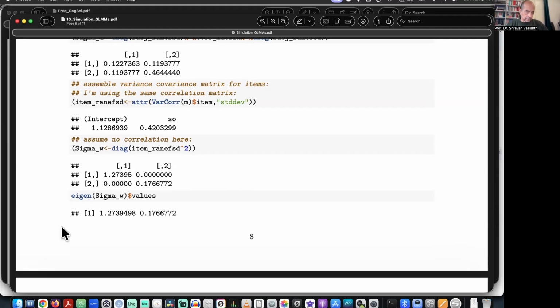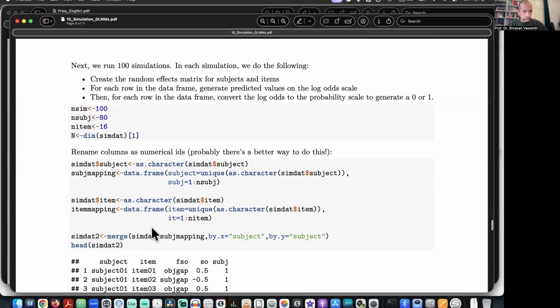So okay, here I was just checking the eigenvalues. You can ignore this, okay? This was just me checking something, so we won't talk about that right now. And now